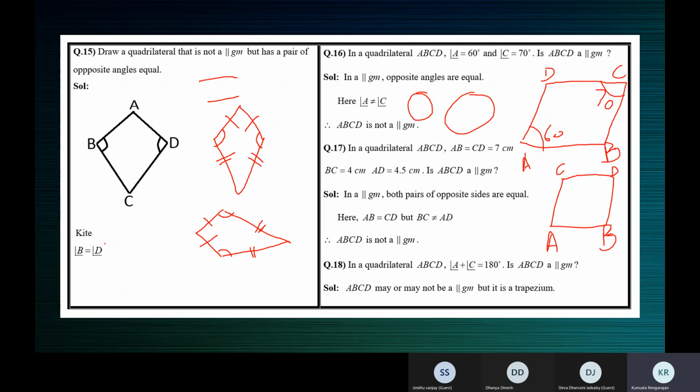You can start from anywhere. Supposing you start here, you can write B anywhere. A, B can be here or B can be here. If you write A here and B here, you cannot mark C here. After A, B, then here is C, and this one is D. So see here, you started here: A, B, C, D.